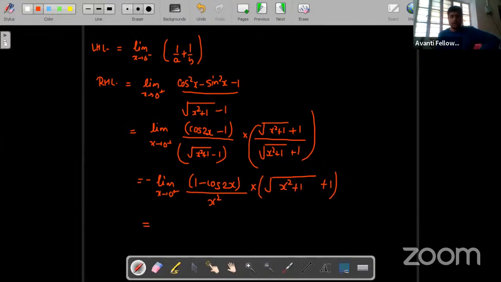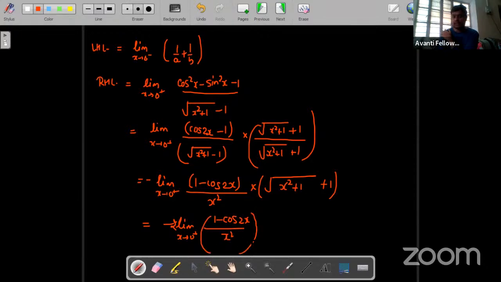Okay, now what we have to do, first of all check at x tending to 0 plus which value is there, whether any value is finite or not. So basically we have to put it. If we put 0, cos 0 is 1, 0 upon 0. And what is this? 0 plus 1 is 1, under root of 1 is 1, 1 plus 1 is 2. So I can take 2 outside, and I can write 1 minus cos 2x upon x square.